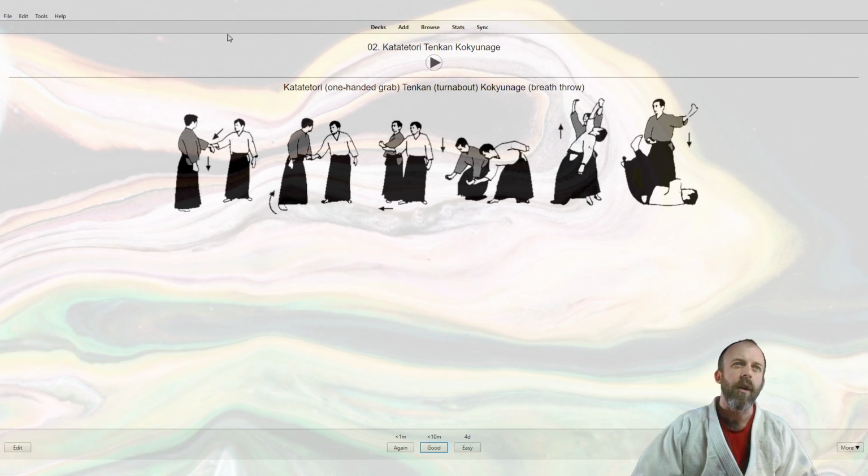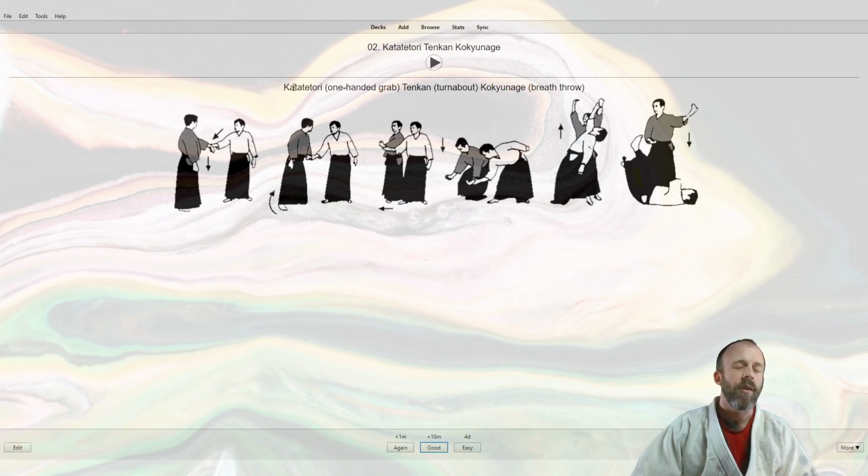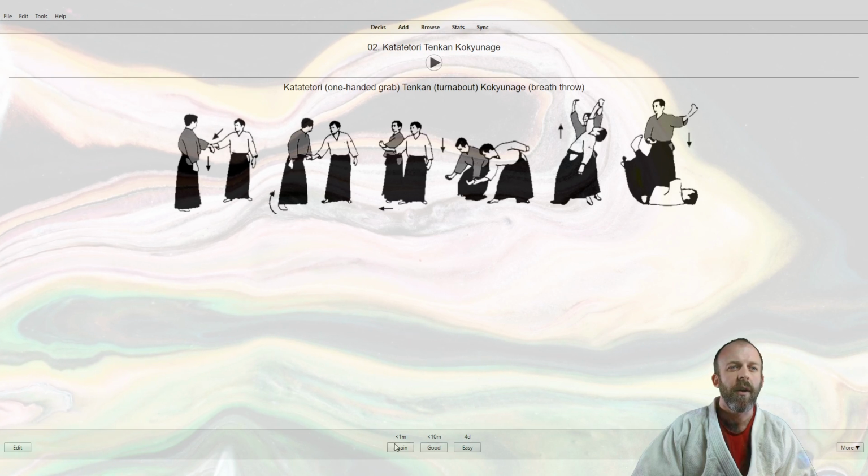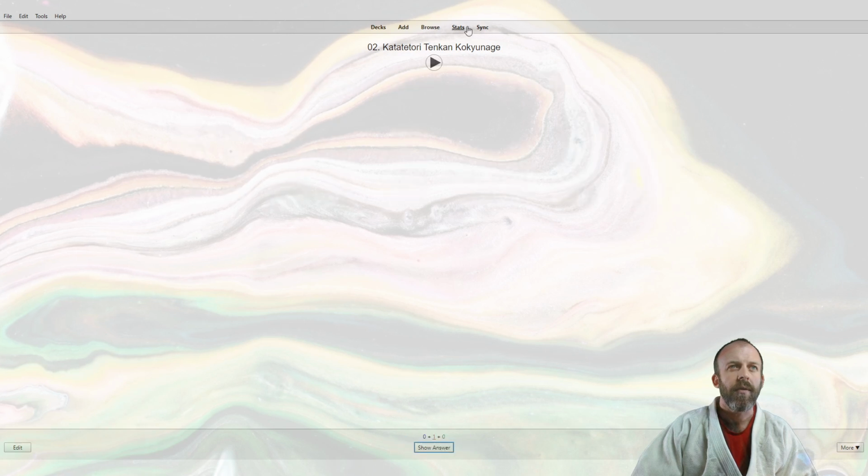So this is the second art, katate tori tenkan kokyu nage, sorry. And so again, we've got the translation, and we've got the diagrams of how to do it. And let's say this one was good. 片手取り、転換、呼吸投げ。